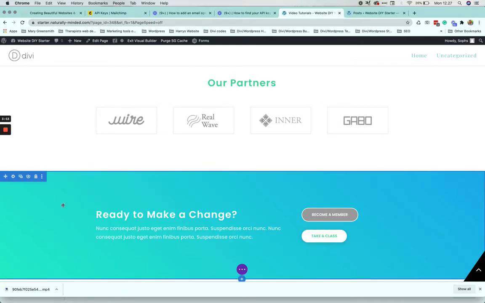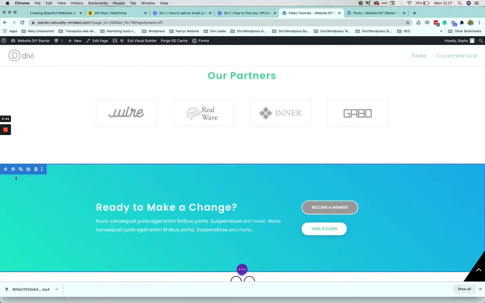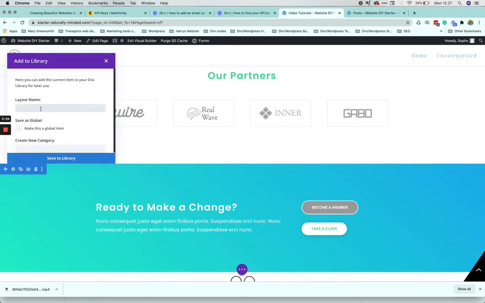I always recommend saving sections rather than rows and modules. I like to work in sections, and then on the web page you can have all the same sections on each different page. So for example, let's put this footer at the bottom. Let's save it to my library, so on every single page I can add the same footer. So I'm going to click over here and click here, save to library,